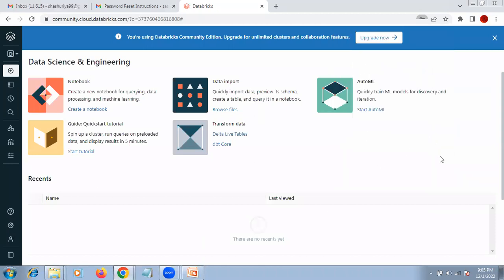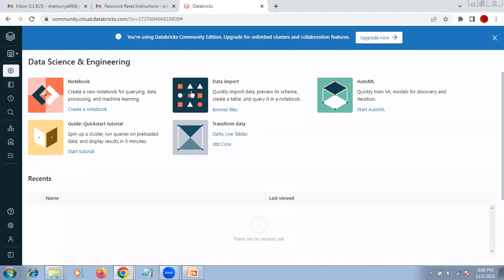Yes. So now, are you guys able to see my screen? Yes, we are. So now you can see this is how the Databricks UI looks. As you can see from the top, we can use it for data science and engineering. We can create our notebooks. A notebook is a basic thing where we write our code. This is a UI where we will write our code, nothing else.